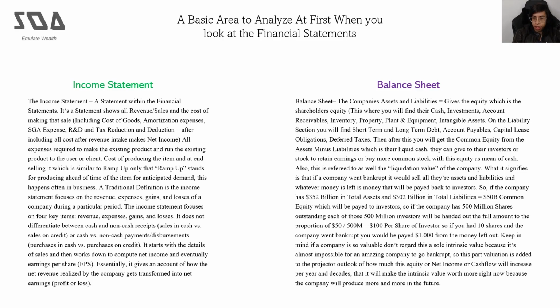leases, obligations, and deferred taxes. Also, account payables is a short-term debt and a liability on a balance sheet where a business owes money to its vendors or suppliers that have provided the business with goods or services on credit. So it's basically a loan to utilize the product that they're using, right? And that account payable is the liability that they have to pay towards that provider or that supplier